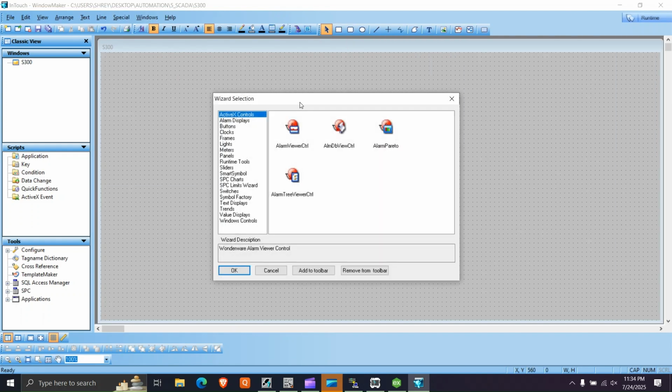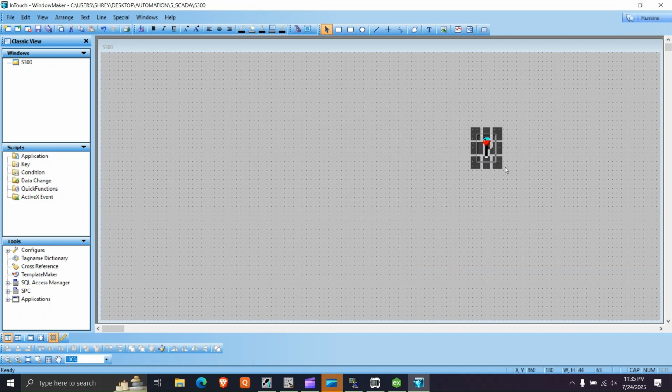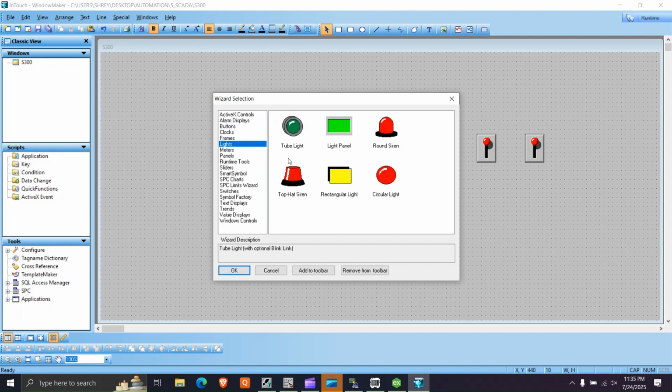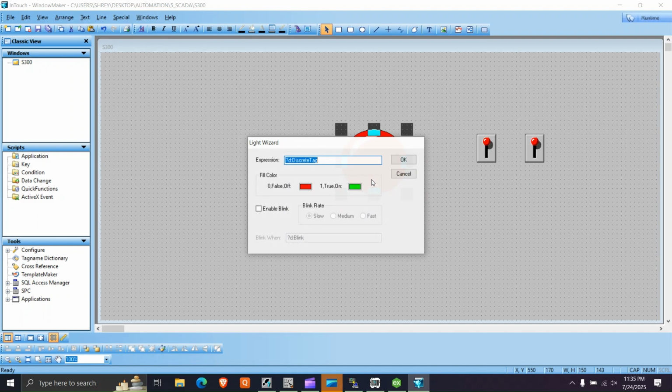Now we'll go in wizards. I'll take switches, fixed switches, and I'll place it here. I'll do Control plus C, and I'll do Control plus V, and I'll put it here. And now I'll take lights. Let's suppose a circular light. I'll place it here. I'll maximize it. I'll save it. I'll double click. I'll give it tag name as output,